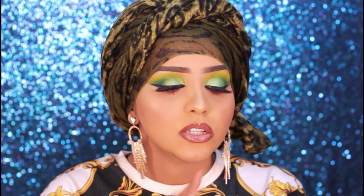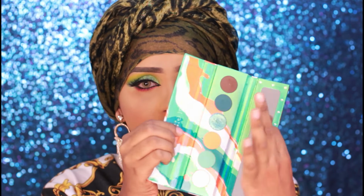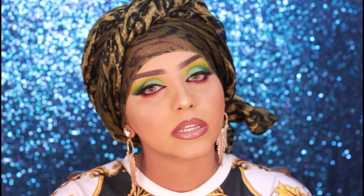I have never experienced such soft, smooth eyeshadow in my life, when it comes to matte shades or also when it comes to shimmery shades of this sort. So I'll be just swatching those two eyeshadows together,